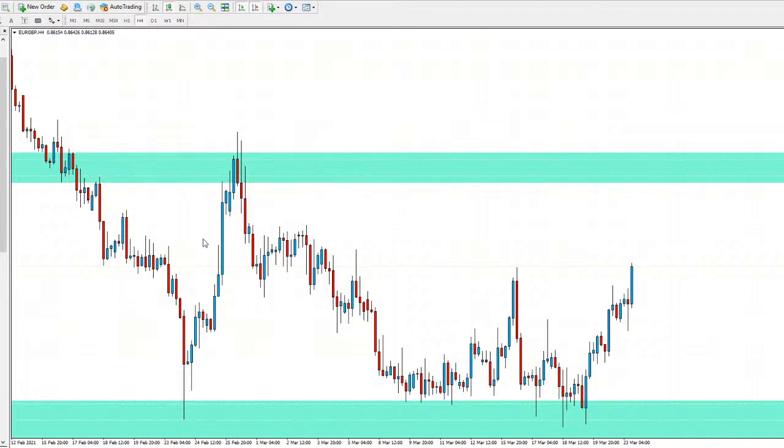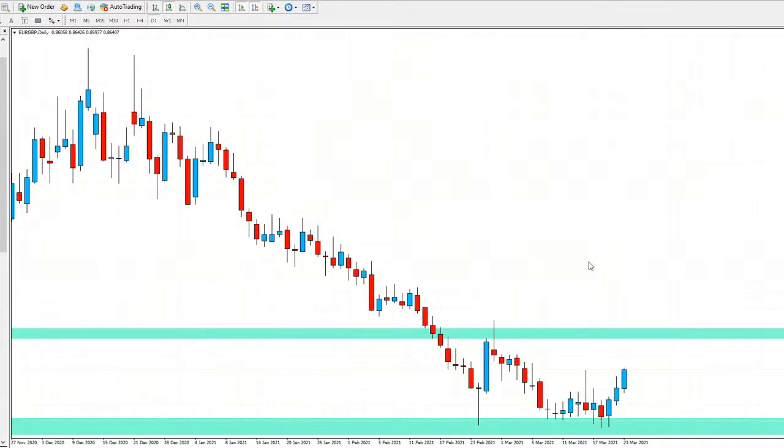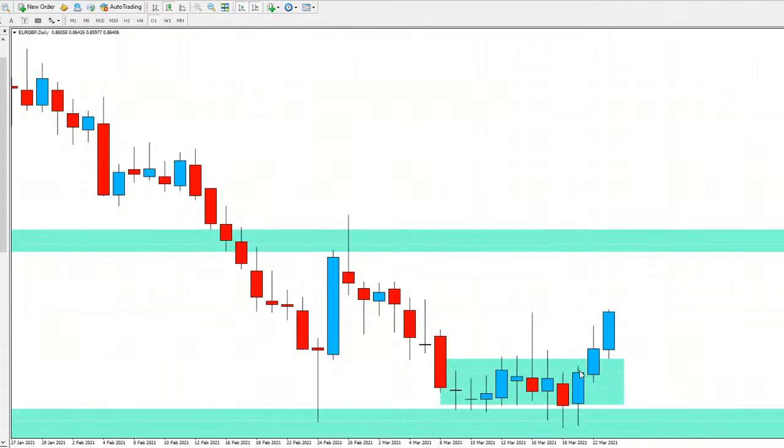So expecting to see a little bit of a pullback, since we are coming back into this resistance here. But I do think we're going to break through that and see price test that 0.87, as you can see on the daily as well. If I just zoom in, we're broken out of this consolidation here. So we had all this consolidation here, and it looks like price is finally breaking out of that for yesterday's close. As you can see, if I just zoom in, we closed just above it,